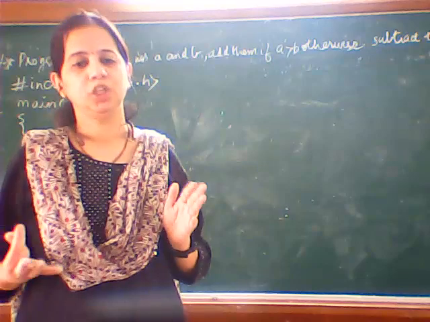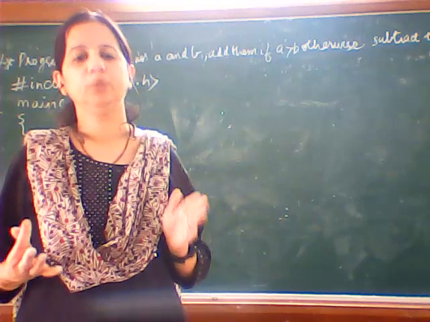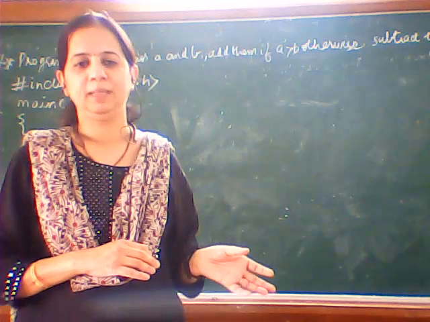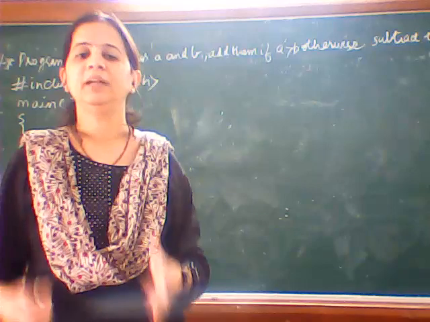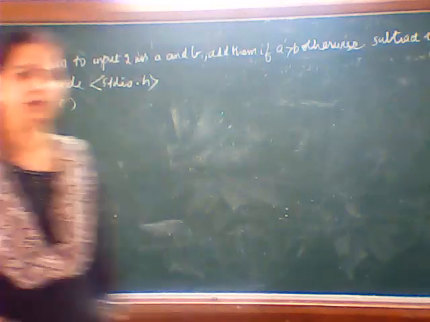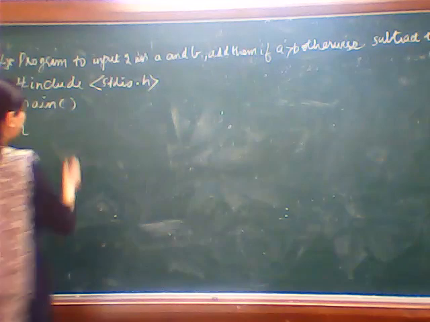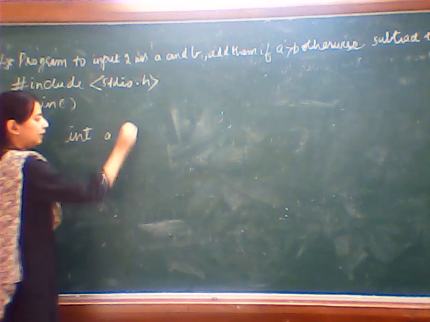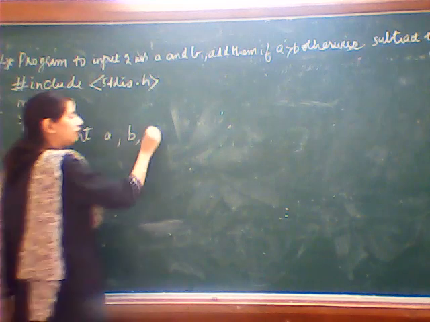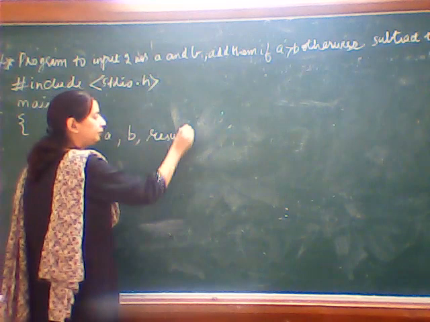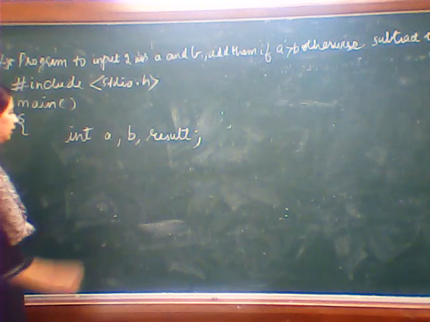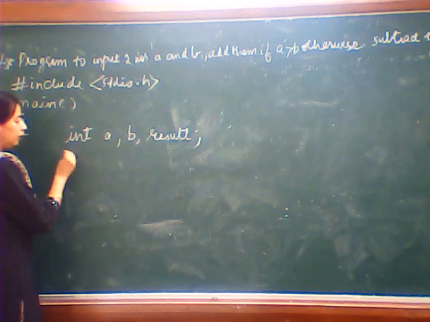Now when I was teaching you about conditional operator, I had told you on the left hand side of the conditional operator we can use a variable name that we will implement in this particular program. Okay. So we are now going to declare three variables. Let's call them as A, B, and one more variable, let us call it as result. Result you call it or give any other name. Okay. Now we want input from the user.